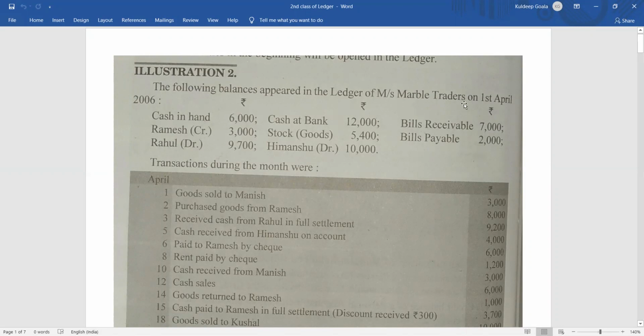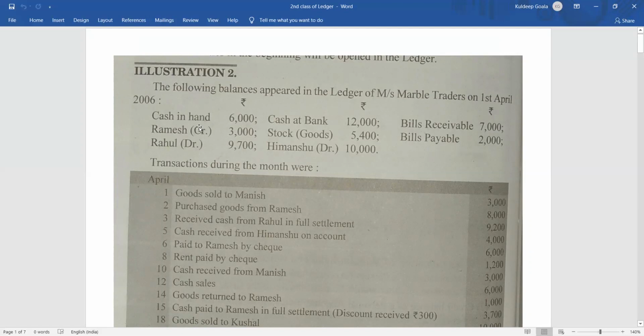By last year I mean the previous financial year, which ended on 31st of March 2016, and on 1st of April 2016 it started again. The current year is starting on 1st of April. So the opening balances are given, and on the opening balances, always the opening journal entry is passed. The previous day in the journal entry section, I explained how the opening journal entry is given.